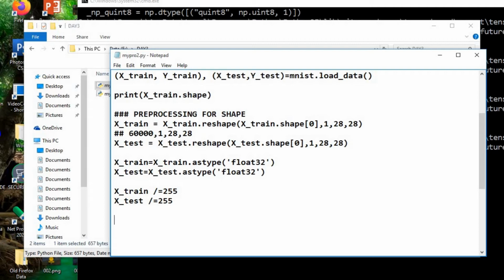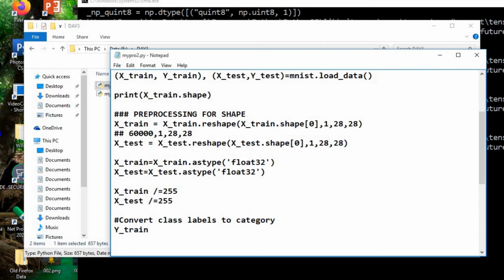So here you will get normalized 8-bit image contents. You can check the performance of the neural network with and without this.